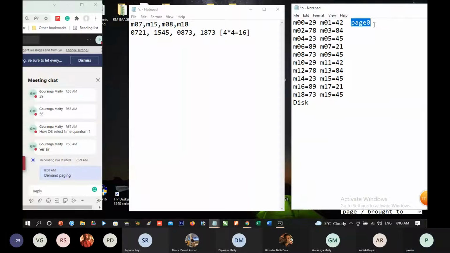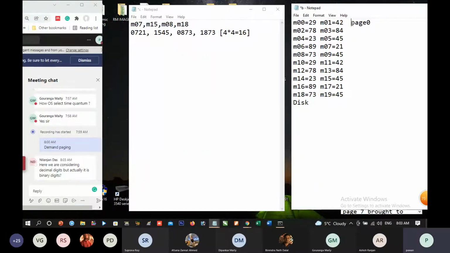Similarly, that is correct. Actually, it is a binary digit, but for the simplicity's sake, I am considering decimal digits.